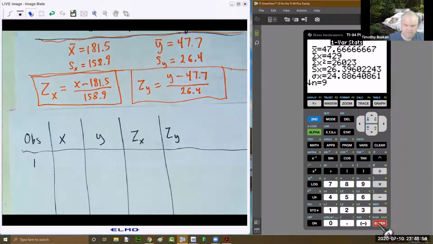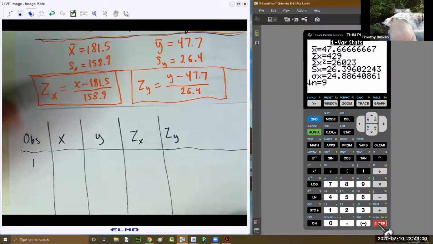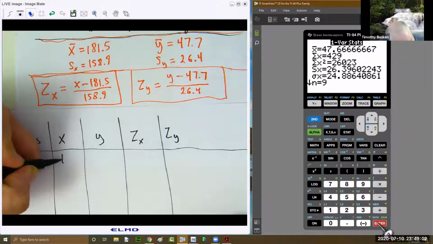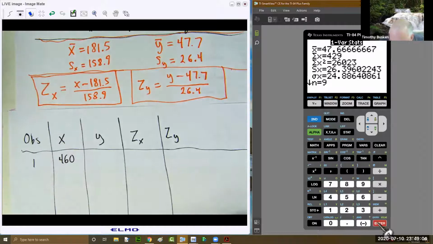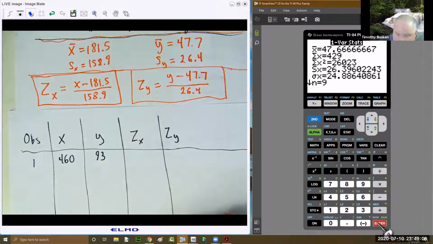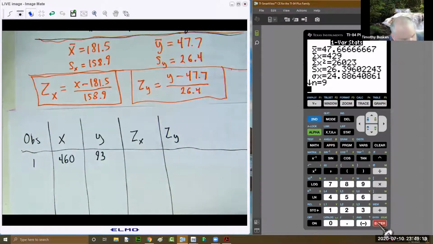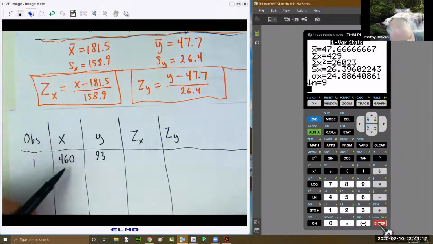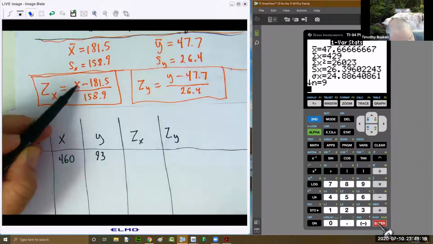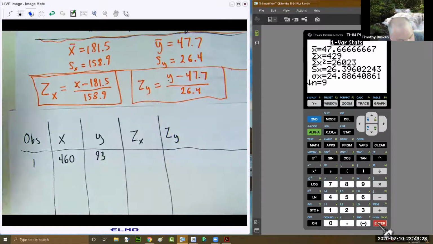Okay, so it might help to use a table to do this problem. If you look at the data set, observation 1, that pair was 460 grams and 93. That was the data from a barn owl. And to find the zx and zy for that point, we've got to use these two formulas here, right? We're going to put this value in for x here, and this value 93 in for y here to get the z-scores for these two